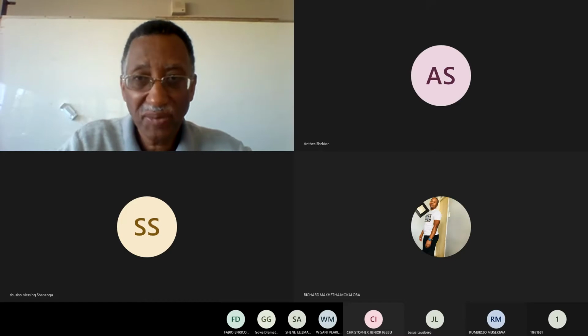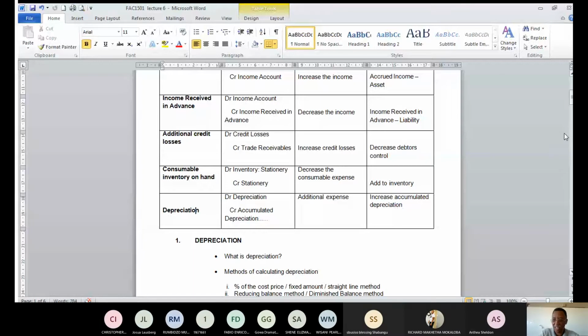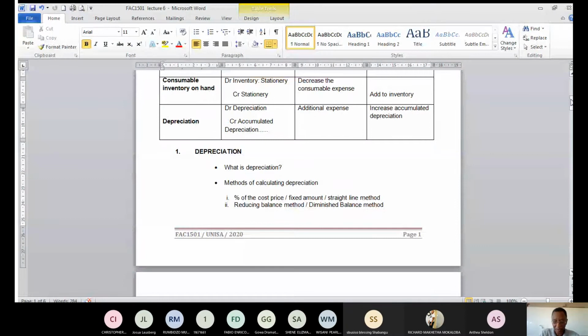Right. The next adjustment that we're going to take a look at is our adjustment called depreciation. Now, let us first of all discuss a few things around depreciation. Depreciation is an expense to the business, and depreciation is the amount in which our non-current assets, we're talking about our vehicles, our equipment, our machinery,